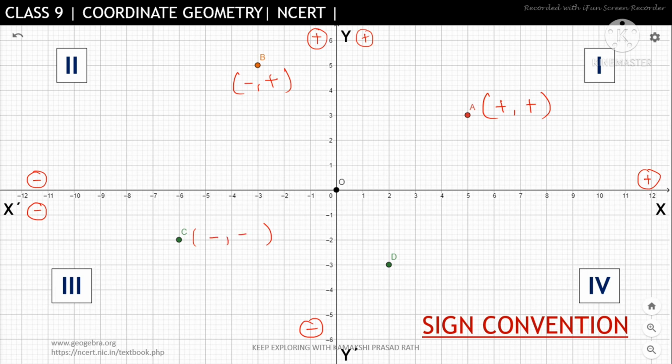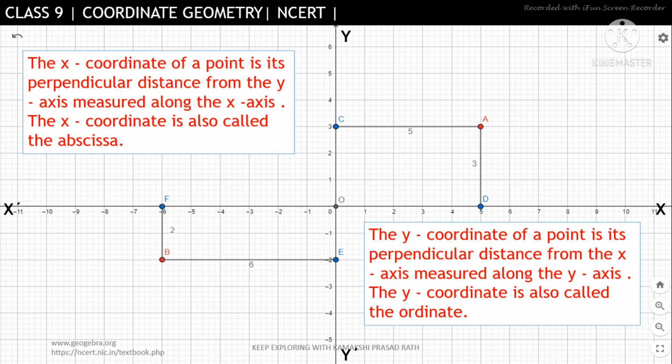And in the last quadrant, that's the fourth quadrant, we have positive x but negative y. Hence the position is plus minus. So you have to understand this: first quadrant is plus plus, second quadrant is minus plus, third quadrant is minus minus, and the fourth quadrant is plus minus. Now the same sign convention will be used. As we know here both are positive, so the coordinates are 5, 3, as we have already seen.